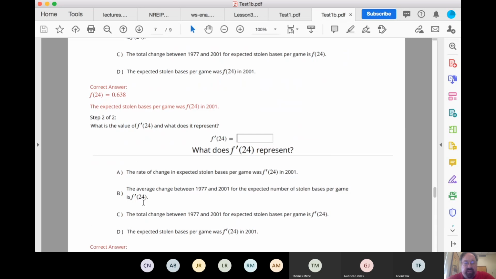I pointed out explicitly, it is not the total change. That's something else entirely that we'll see later. So I literally eliminated 2 of the choices for you, and then a large number of people picked this one, average change, or a few picked total change. It happened so often. I honestly felt like y'all were trying to spite me. It was just like